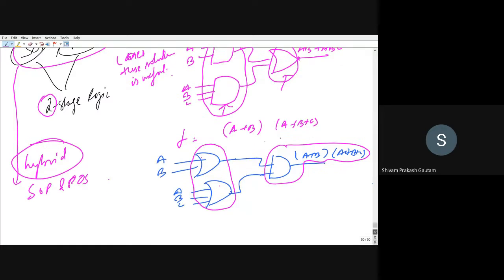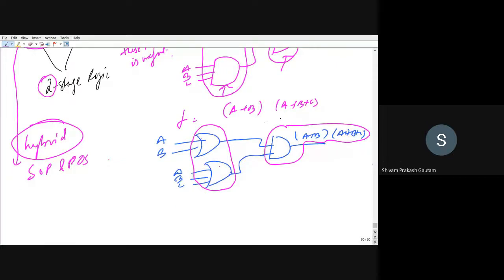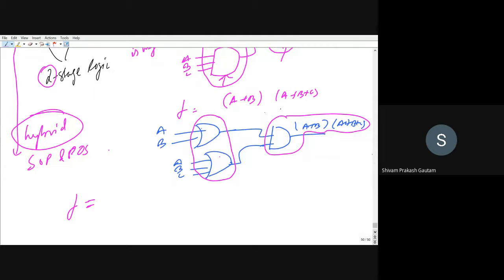For example, an expression containing both SOP form as well as POS form. I will write an expression: ABC bar plus A bar B. If I take B common here, this will be equal to B times (A C bar plus B). This kind of expression we will be getting.